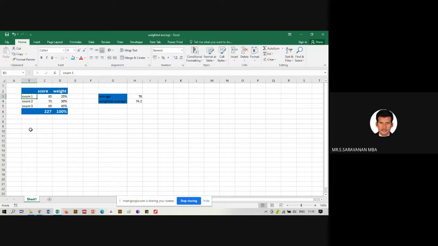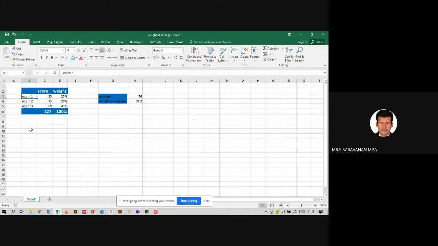Let's say you're putting marks out of 30. Model exams will have 10, internal will have 5, assignments will have 5, attendance will have 5. So 20 marks will go for internal, assignments, attendance, and 10 marks will go for models. Each one has its own weight.